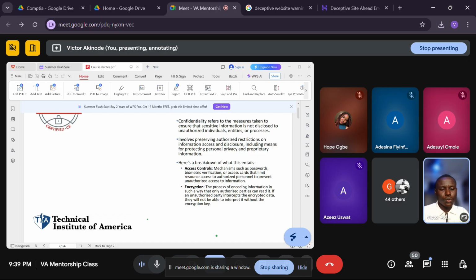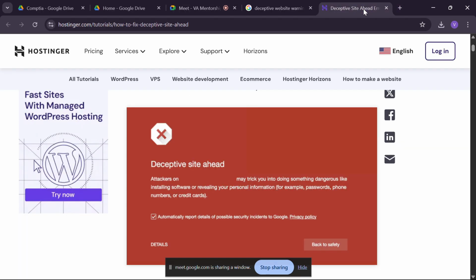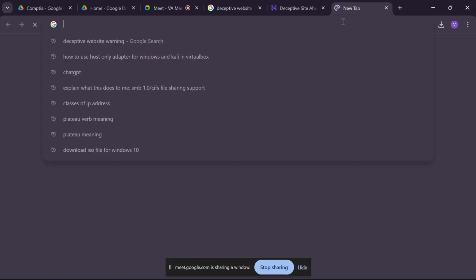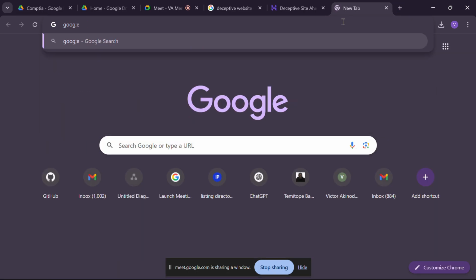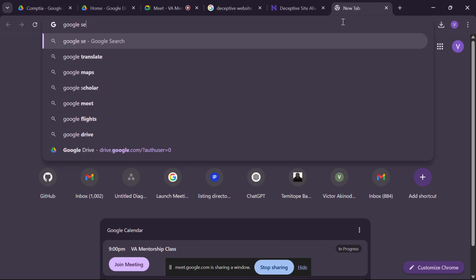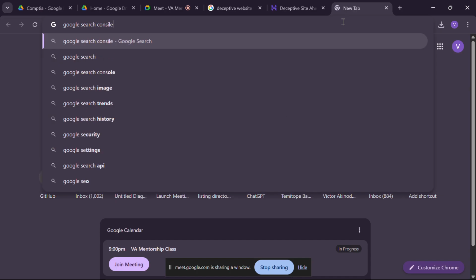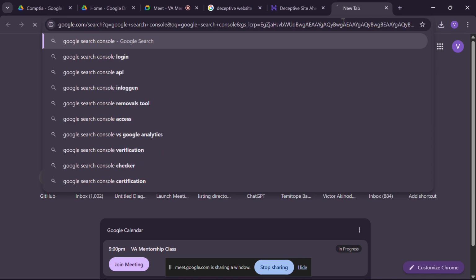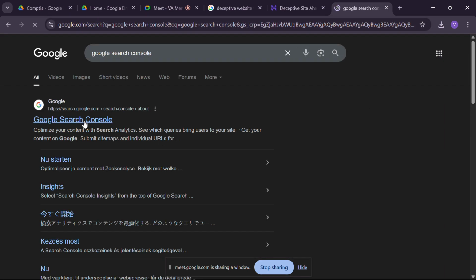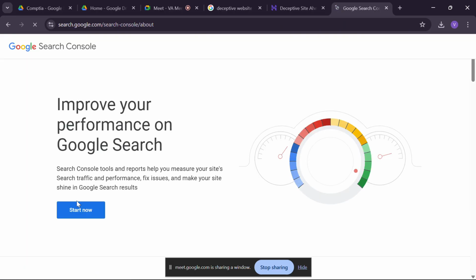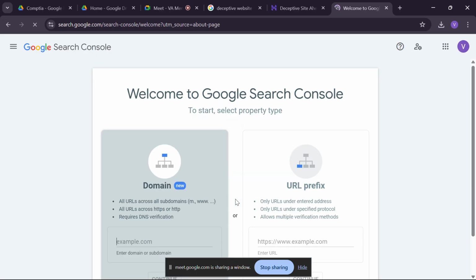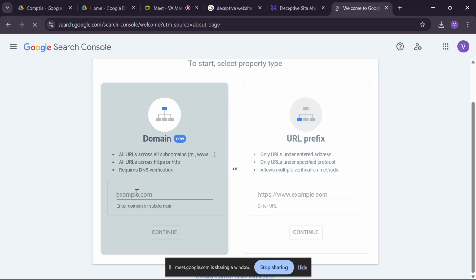So what you need to do is to copy the link to that website, go on Google Search Console. Let me show you guys. So just come to Google Search Console, and then you click on Google Search Console. You come to Start Now, and then here you are going to put either the domain name, maybe if it is telnetting now, you can